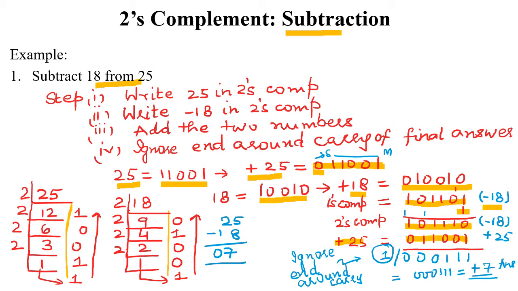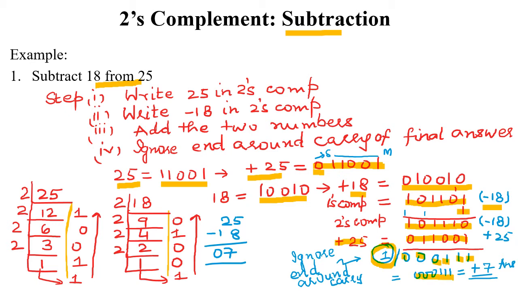0 plus 1 is 1. 1 plus 0 is 1. Again 1 plus 0 is 1. 1 plus 1 is 0 with carry 1. 1 plus 1 is 0 with carry 1 and 1 plus 1 is 0 with carry 1. Ignore this final carry. Now you can see here the answer is